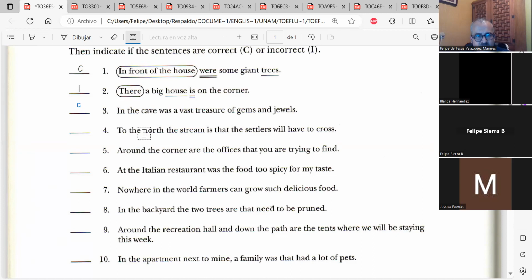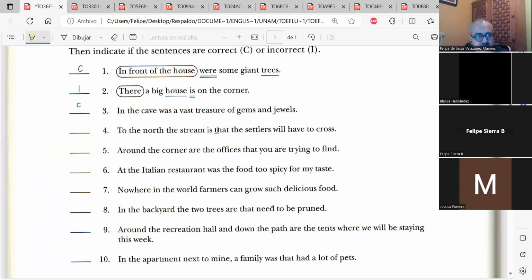To the north. And what is the verb? No, no. Is. To the north is what? What is the subject? The settlers? No, the stream. To the north is the stream. Why? Because if you notice here